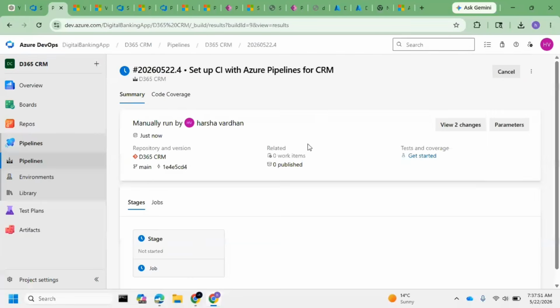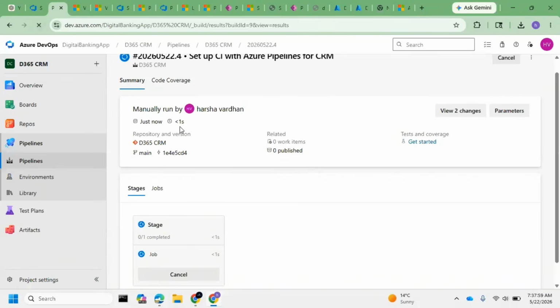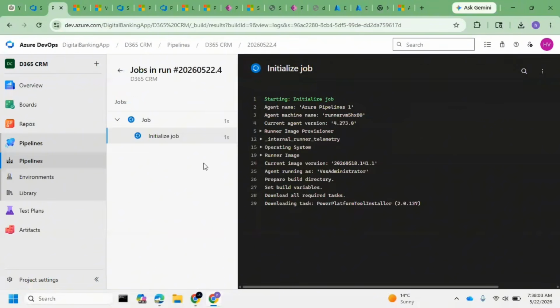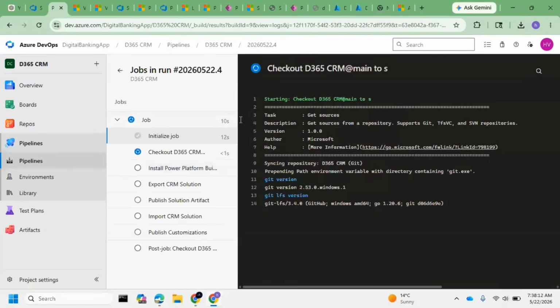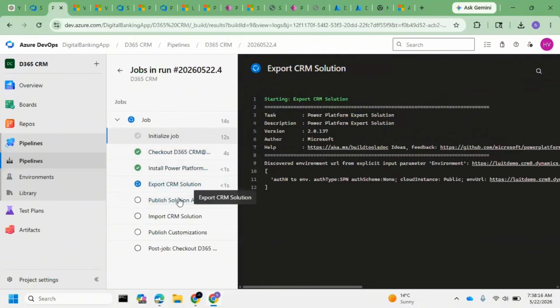So now what happened earlier, you got some error. Now you are not getting any errors at least, so we are into a good stage. Now if you expand these stages, you will see this kind of initialized setup, and you have the jobs. So let's run it. You see checkout D365 CRM, export solution, publish solution, import solution, publish